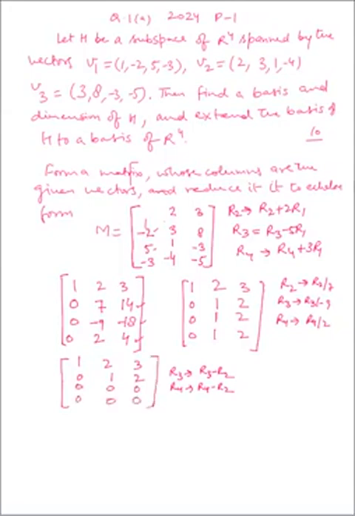Now we cannot reduce it further because if we subtract first from here to make it 1 and 2 0, then it will be -1. So we cannot, and these two columns have pivot element 1 and 1. In this we don't have, so we have 2 rows here. The basis of this we denote by S. 1, 2, 3 and 0, 1, 2 is a basis of H.